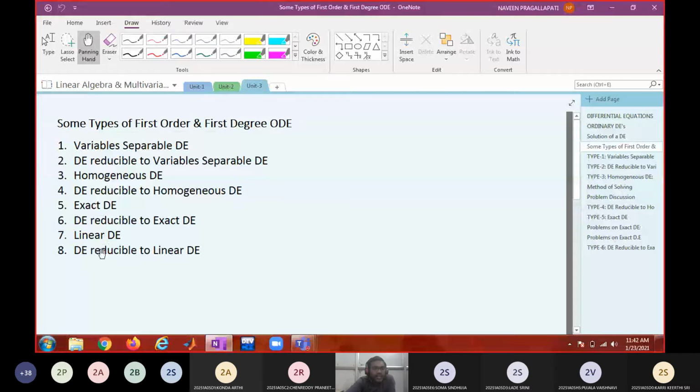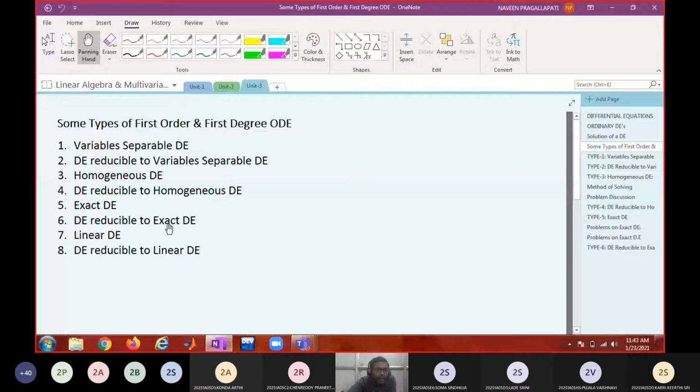These are the only 3 types that are there in your mid examinations, and these 4 types were already covered in intermediate. 1 or 2 problems may come on these types also. Don't say that these are not included in the syllabus. So we already covered these 4 types, and the 5th type also we did. The 6th type, problems on integrating factors, I will discuss after your mid examinations, after completing this syllabus.